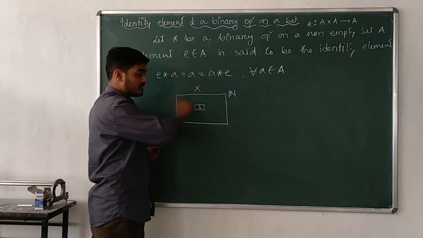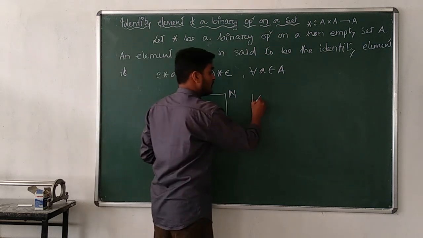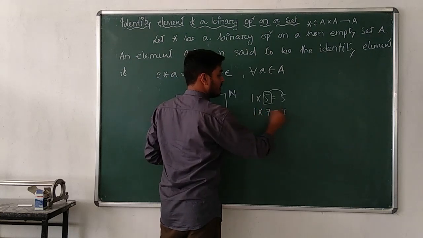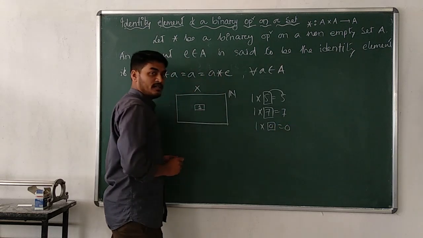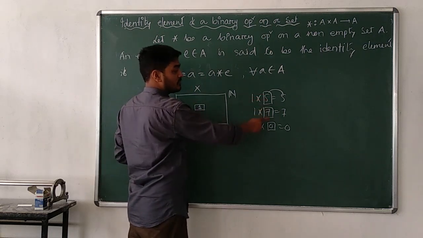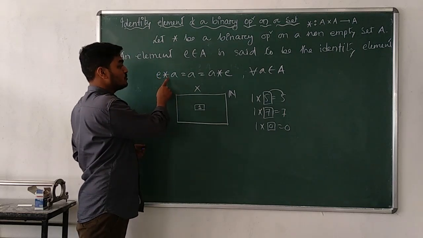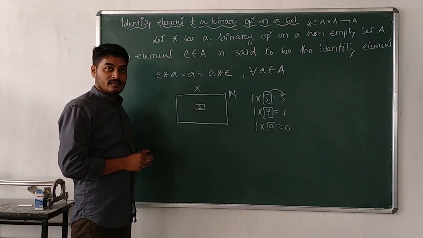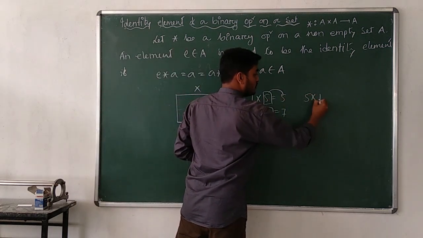1 is the only number in this set with which you multiply any natural number, it will be the same. That means 1 into 5, what is the answer? 5. Am I correct? So this is the number. 1 into 7, what is the answer? 7. That means 1 into 0, what is the answer? 0. That means 1 is that particular number: after multiplication with any natural number, that natural number will be the same. That's why 1 satisfies this property, 1 into a is equal to a. Correct? That's why 1 will be known as the identity element. After having the operation, the element should remain the same. 1 into 5, or you can say 5 into 1, both have the same value.